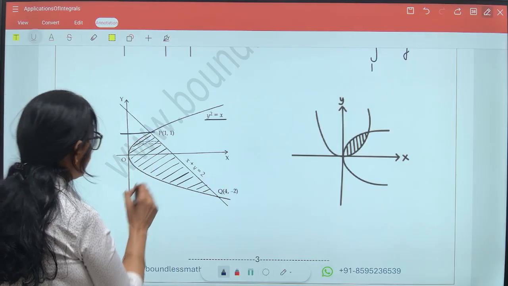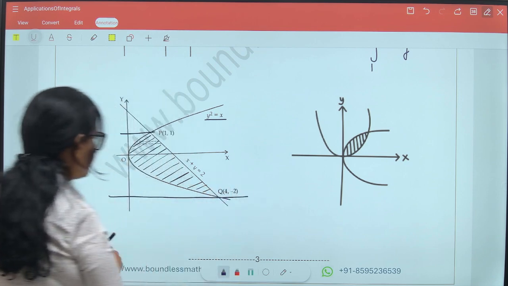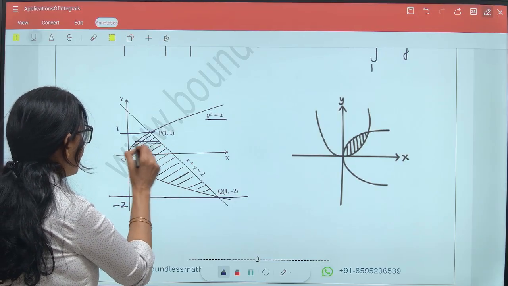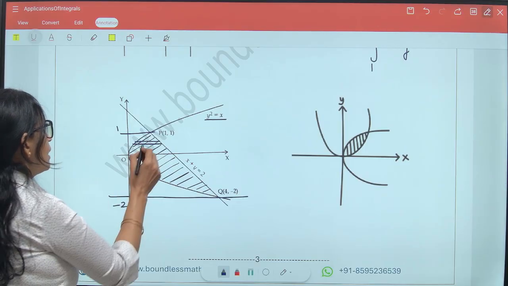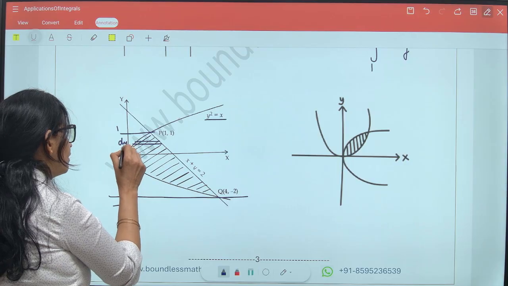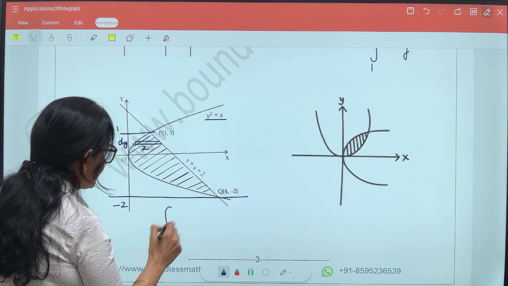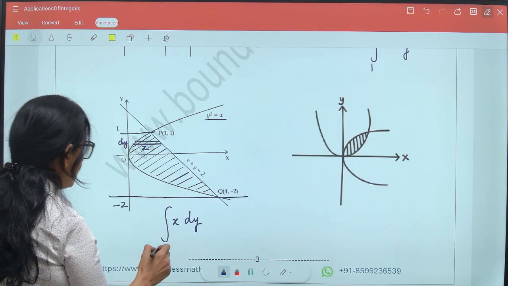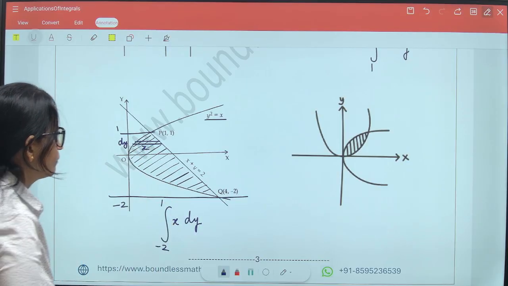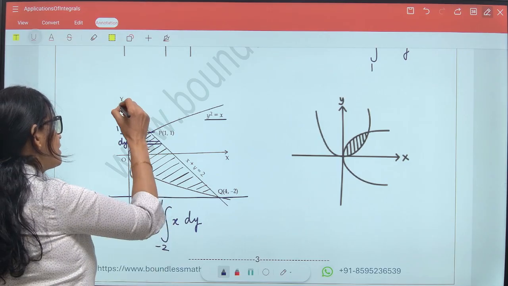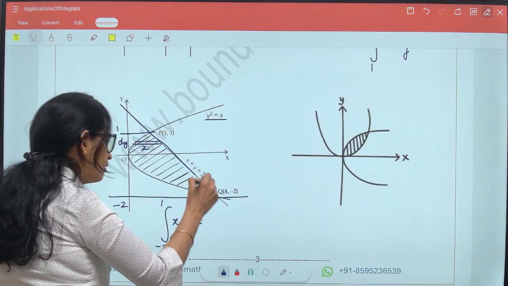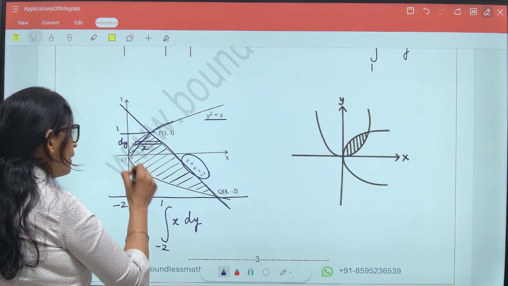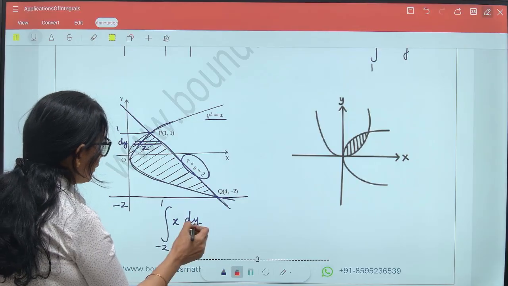Now if I delimit these two points, I have the value of y as 1 here and y is minus 2 here. And if I take a marginal area like this, I understand that this is dy and this is my x. That means I need to integrate x with respect to y from minus 2 to 1. This is going to give me the entire area from here. Once I have to use this equation and then I have to use the equation of the parabola also here. So it is going to be x